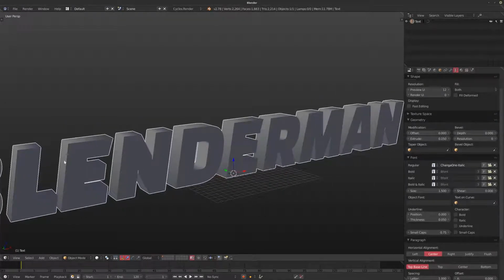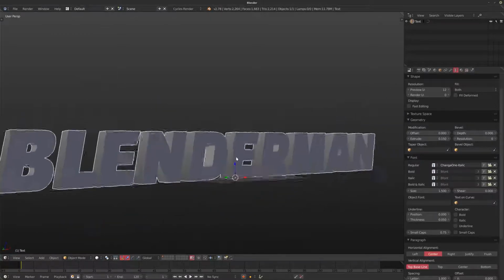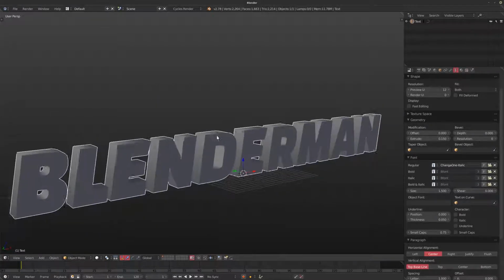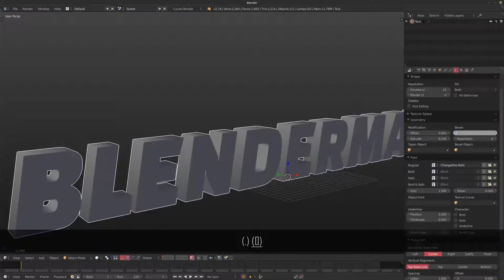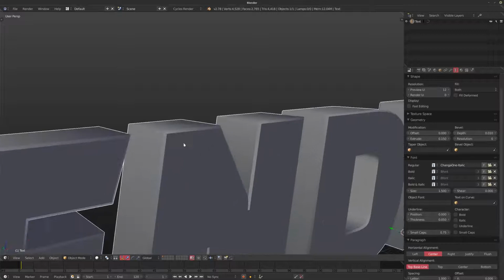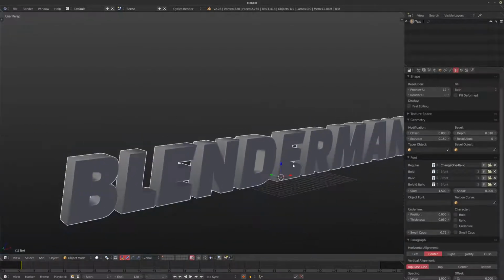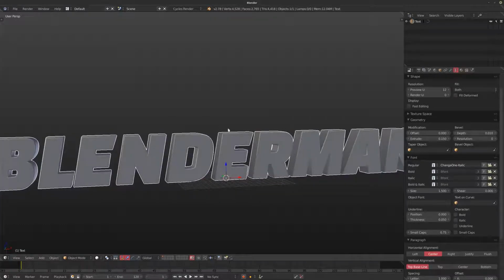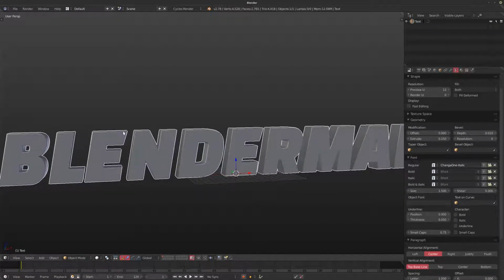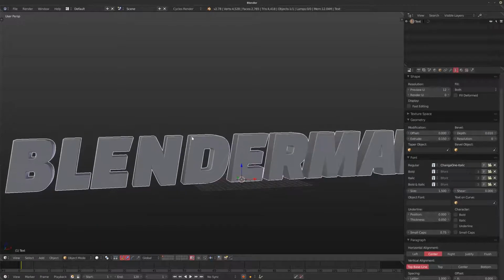Like I said, I have my units set up slightly differently than default. So now I have the giant Blenderman here, and I'd like to add in just a little bevel over on the side. So I'm just going to hit something like 0.01. This is a very tiny bevel, but it's just enough. The reason that I do this is if you're starting to light this, or if you're going to put an HDR in the file, these bevels catch the light really nicely, and once you start compositing and adding some glow to them, you get all these nice glints as the HDR or your lighting gets animated and moves around, and it looks really interesting.